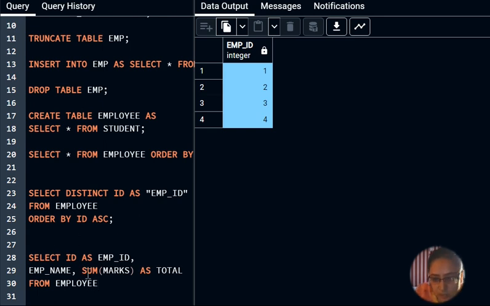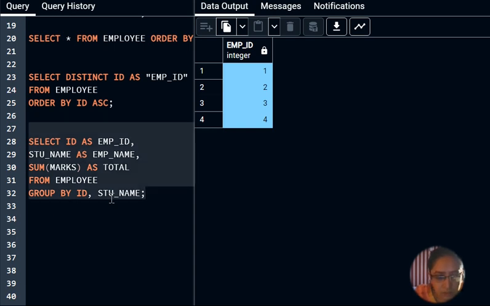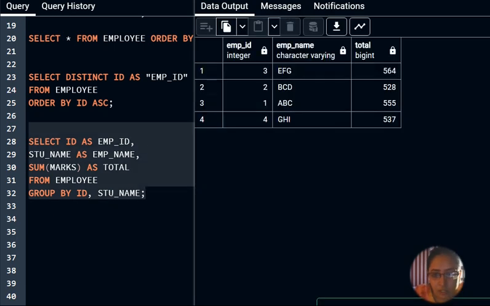Okay, and now since we are using the aggregate function here, if I want to group by, then I have to use both the columns, ID, comma, employee name, which is student name actually, as employee name. Okay, this is my third column. So I am going to group it by the actual name of the column, student name. Let's see, I'll be able to see the results here. So if I run this quickly, I can see this is the total number of marks scored by each student,